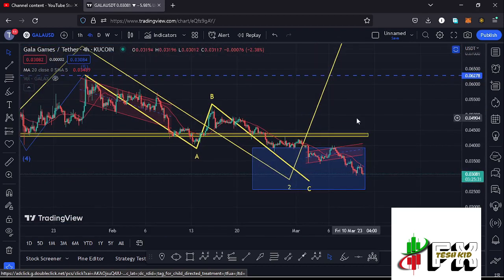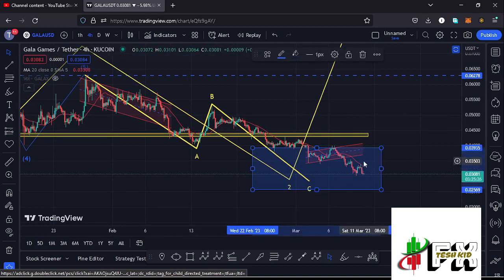And you can see that at the time of this recording we have almost fully maximized our blue target area in the formation of that larger Elliott wave count 2 in a move that has now given us a low at around the $0.03 mark, and there are chances that we might have bottomed out in the formation of this larger Elliott wave count 2, and very soon we are going to start that massive bounce to the upper side in the formation of that larger Elliott wave count 3.